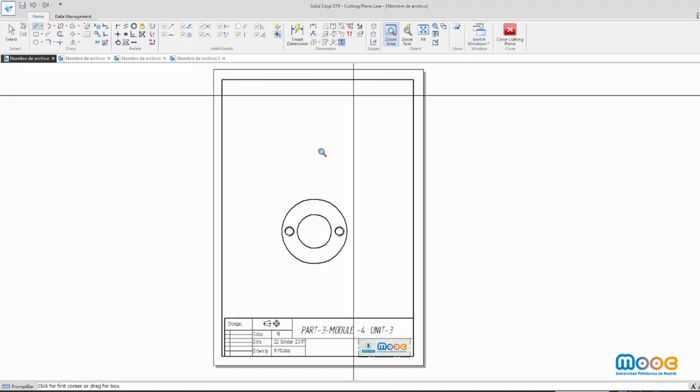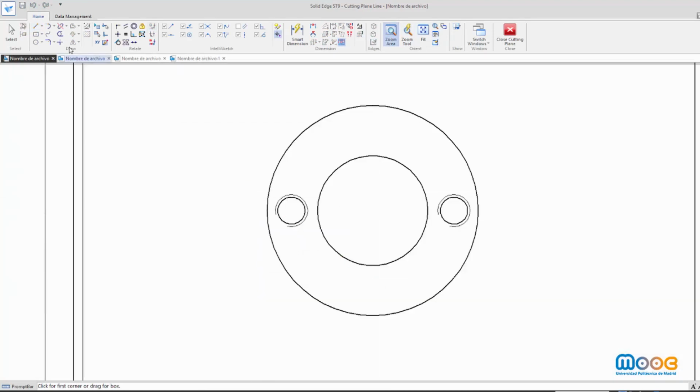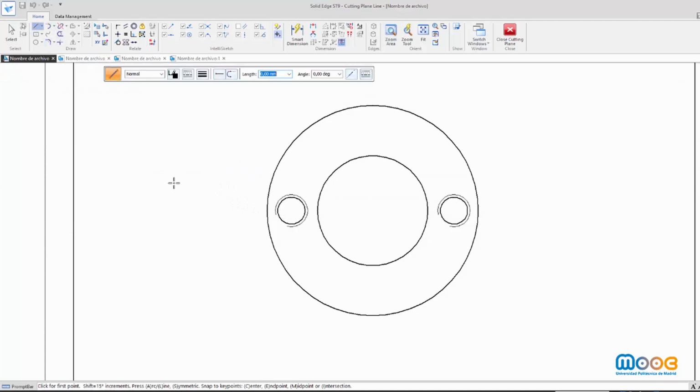I zoom once again because the cutting plane should be perfectly drawn. If not, the view won't be correctly cut. So the left side is not cut. The plane is outside. Sorry, I clicked too early. I'm going to do it correctly.